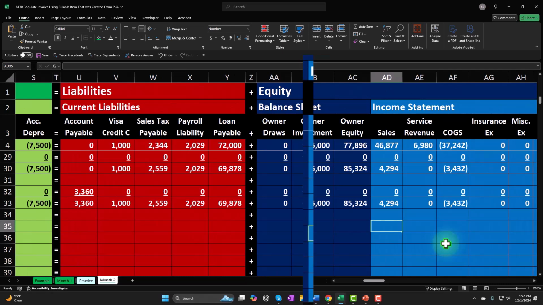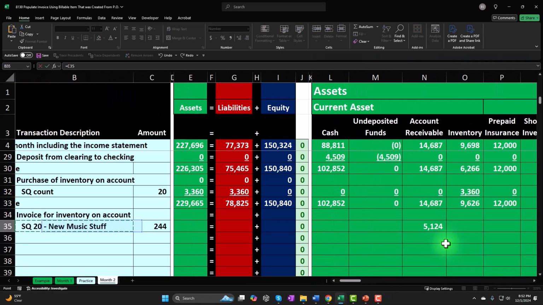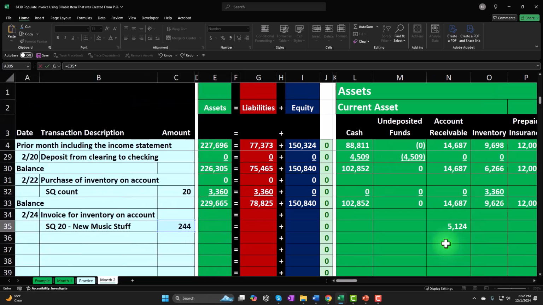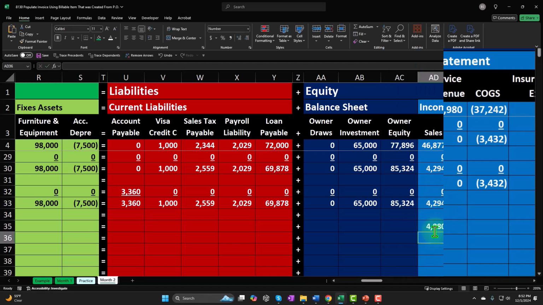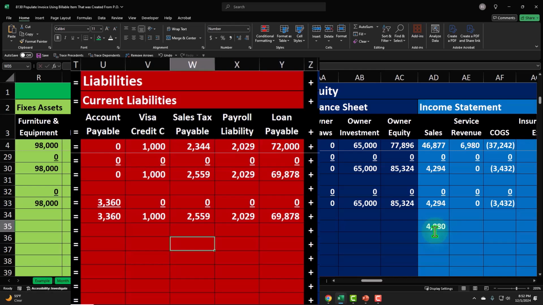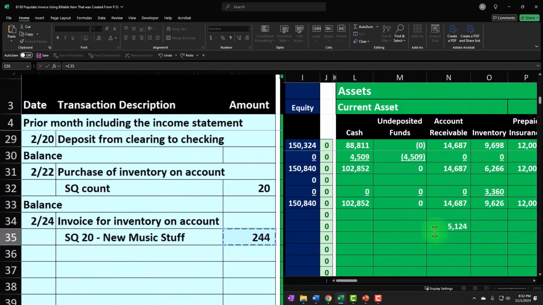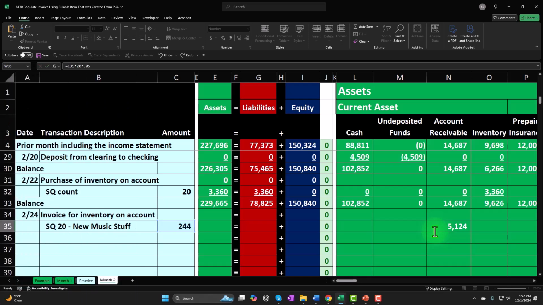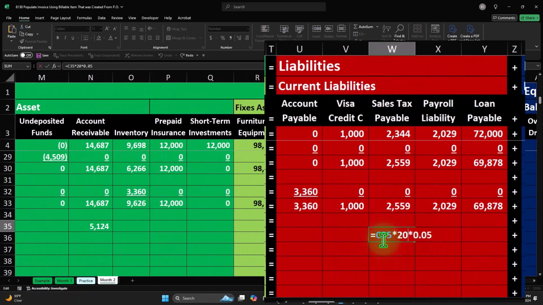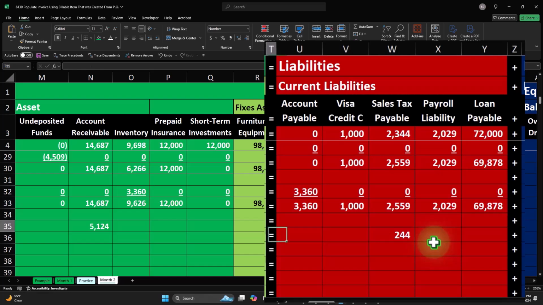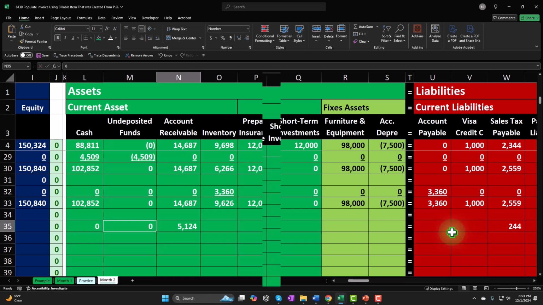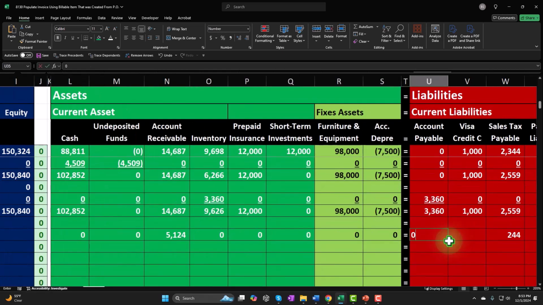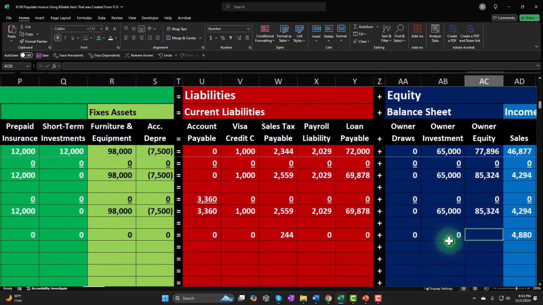So on the sales side of things, it's going to be equal to the 244 times 20, not including sales tax. So just the sales price times the units. And then the sales tax payable is going to be equal to the 244 times 20 times 0.05. So let me show you that. That's the sales price times the units times 5%, 0.05 in decimal format. Before we do the inventory half of the transaction, let's put zeros across the board so everything lines up. And then we're going to have to enter this into our subledger